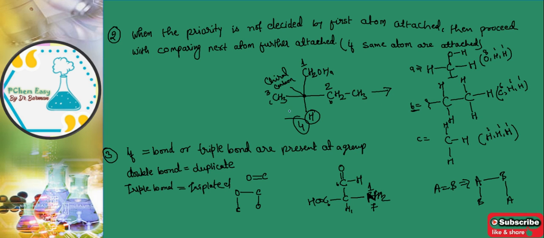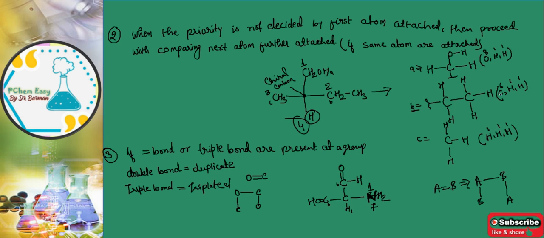So as we can see, all are similar here, carbon, carbon, carbon. So now we have to see the first point of difference. So here, if we have already opened that, now we have to arrange whatever the group was attached with that carbon, as per atomic number. So here oxygen is attached with this carbon, and these two hydrogen is attached. This is not attached with this, so we will not count this one. So here oxygen, hydrogen, hydrogen. So oxygen having atomic number 8, hydrogen 1, hydrogen 1.